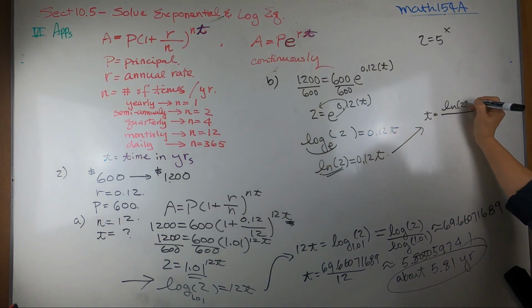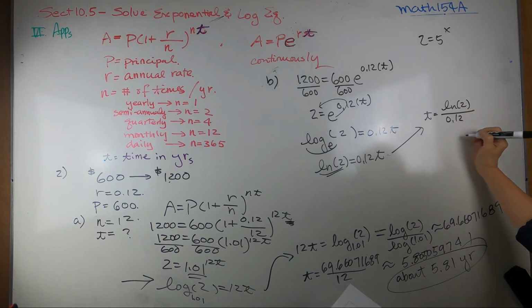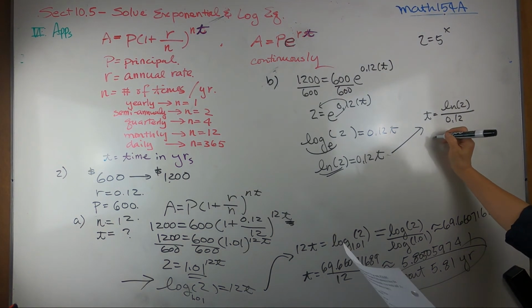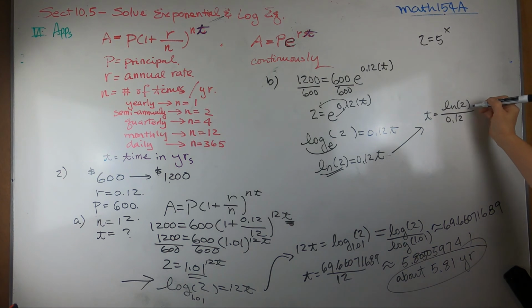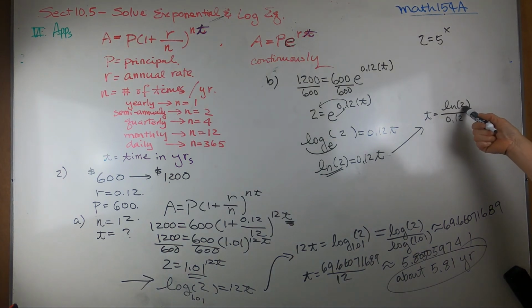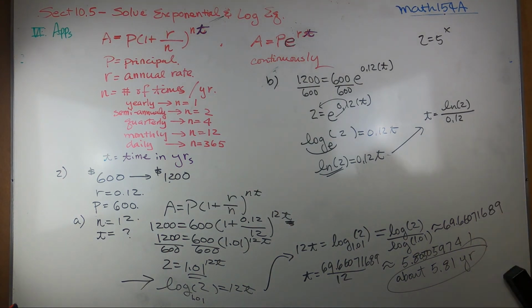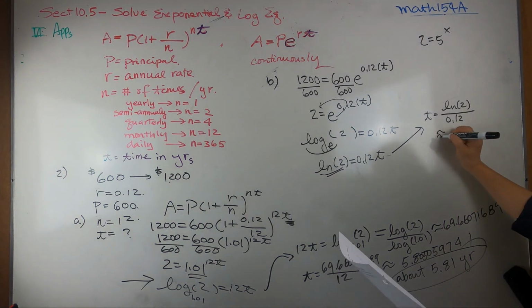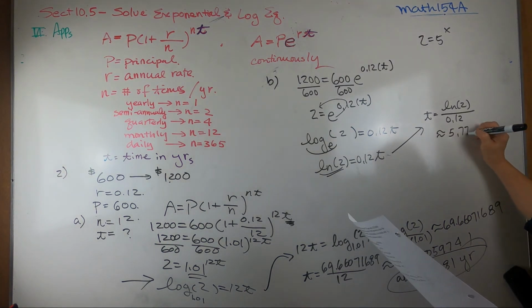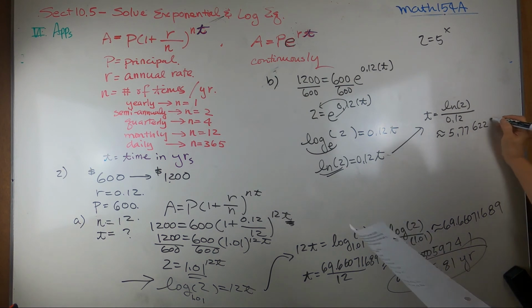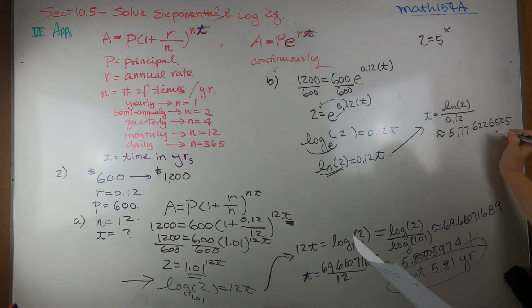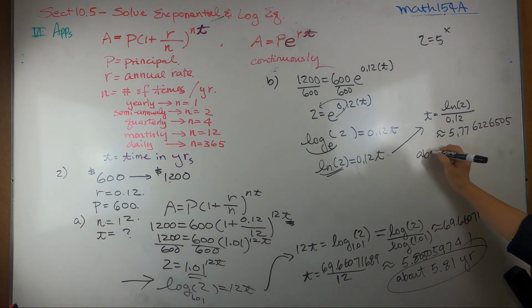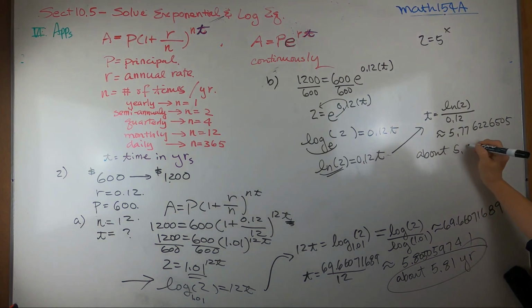Natural log of 2 divided by 0.12. Okay? So you use all the decimals. Just punch it into the calculator, leave it there, then divide by 0.12. So your t is about 5.762265. Okay. So if we write 2 decimals, it's about